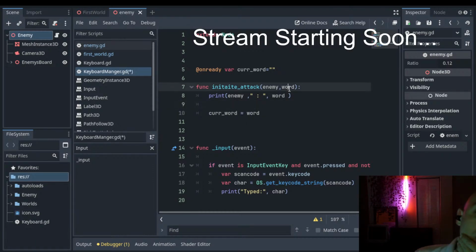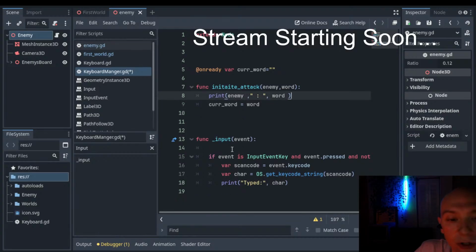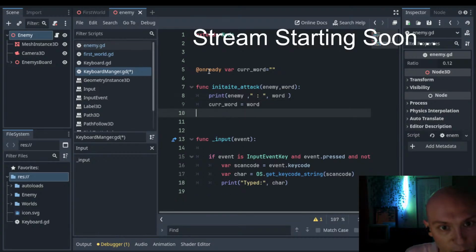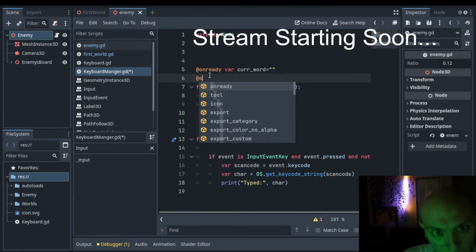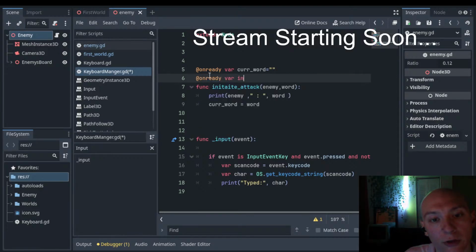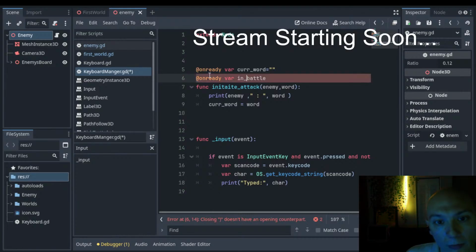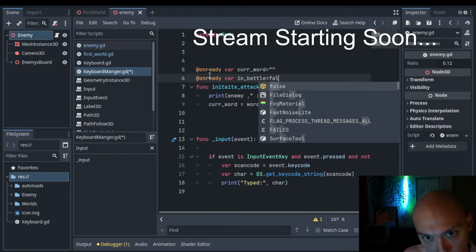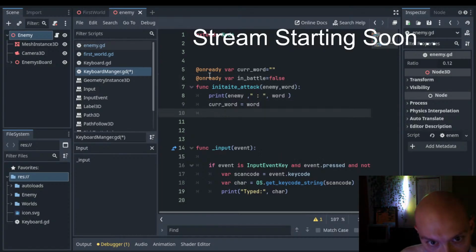Cool. So that looks pretty good. Nice. Now that we have that, we basically also want to flip. We're going to make a Boolean here, onReady var. We're going to say in battle. In battle, we're going to set it equal to false, and here we'll set it equal to